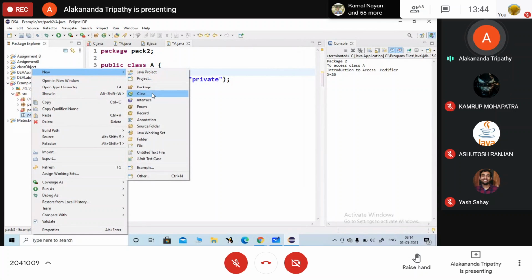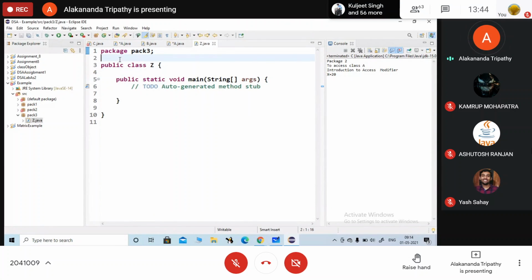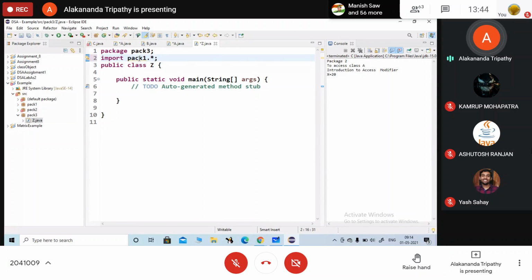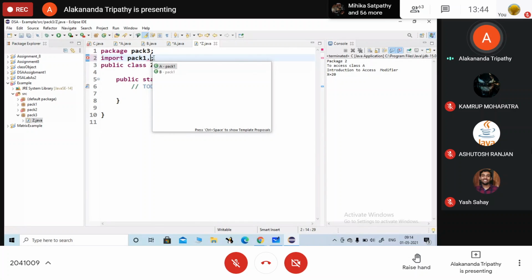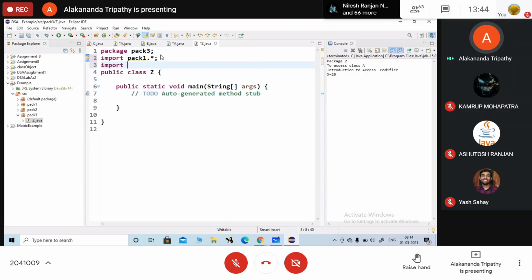Okay, now here I will create a class. Let my class name here is Z. यहाँ पर मैं import करूंगी, ये कौन सा पैकेज इंपोर्ट करेंगे? pack 1 डॉट स्टार। तो पैक 1 इंपोर्ट किए तो ये कौन कौन सा क्लास इंपोर्ट हो रहा है देखो तो? ए बी, ए भी हो सकता है, बी भी हो सकता है। अगर डॉट स्टार लिखेंगे दोनों क्लास आ गया। यस मैम। ठीक है,